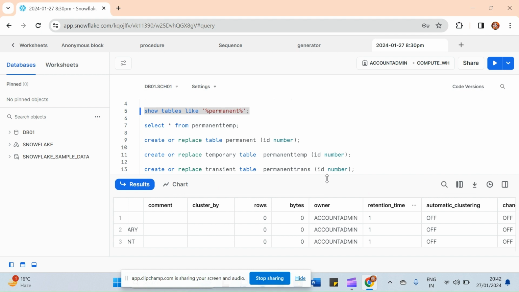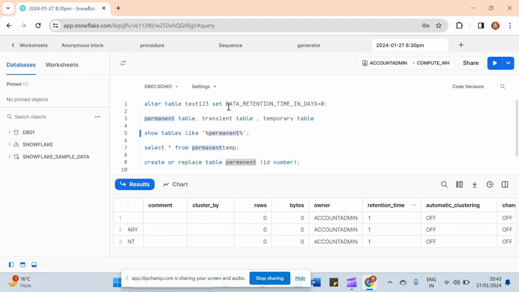Second thing, if I talk about data retention time, Enterprise edition and above provides, for permanent tables, data retention time up to a maximum of 90 days. But for transient and temporary tables, data retention time cannot be more than 1 day. Let us see. Suppose I'm trying to change the data retention time of this permanent table,